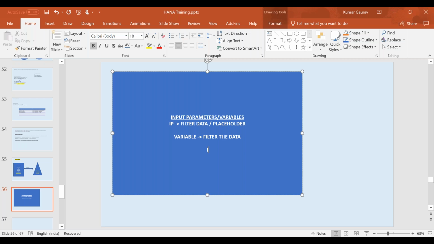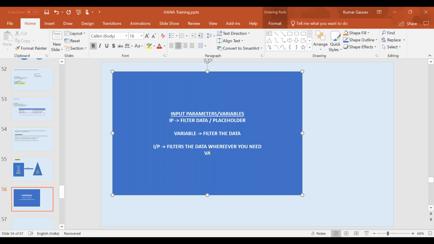An input parameter filters the data wherever you need. However, a variable always filters the data at the end of the view.